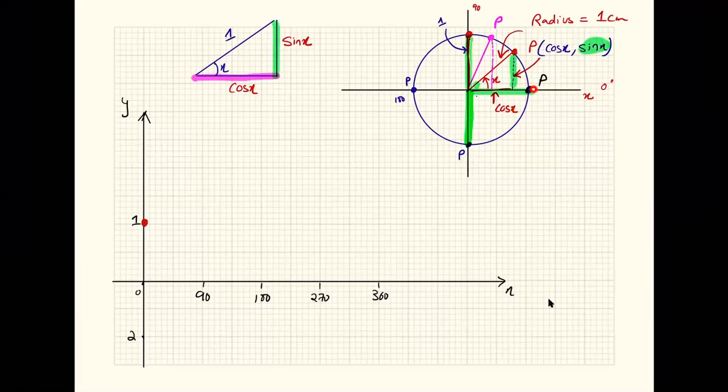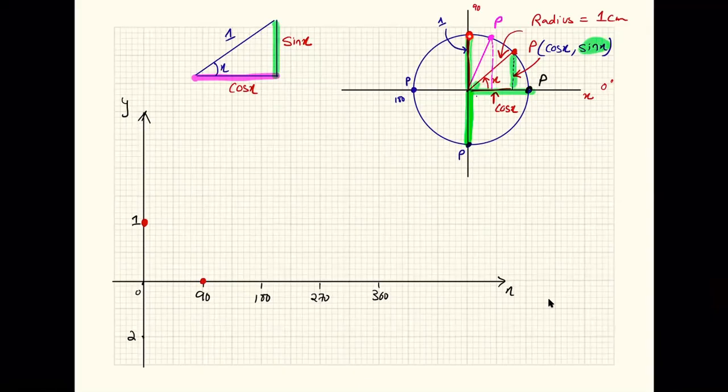Now, as you increase the angle, just focus on this length, okay? As you increase the angle and move the point P upward, is it correct to say that the horizontal distance keeps on decreasing? Yes. And the horizontal distance gets 0 as the angle reaches 90 degree. Is it correct to say that? Yes. Okay, so at 90 degree, the horizontal distance gets 0.